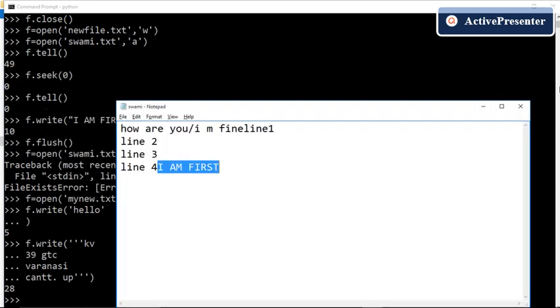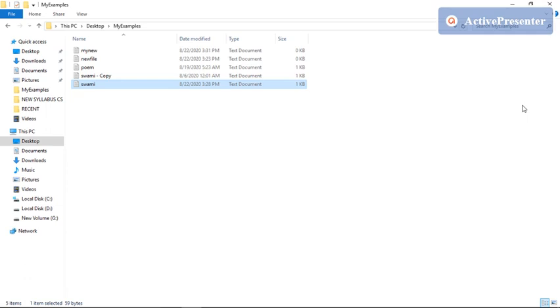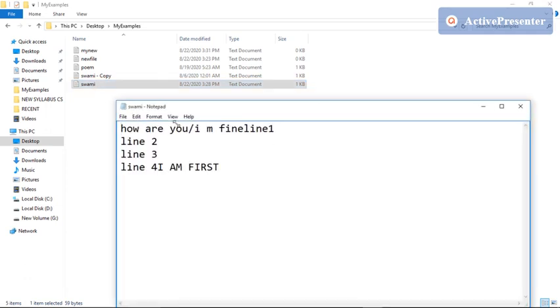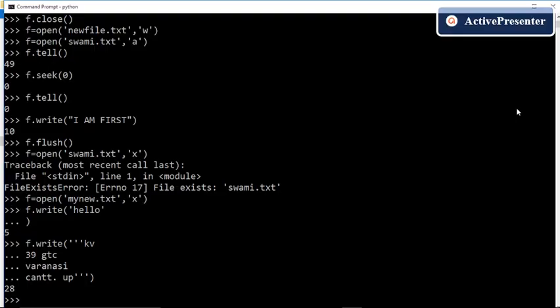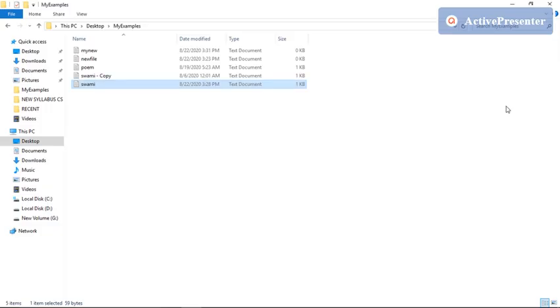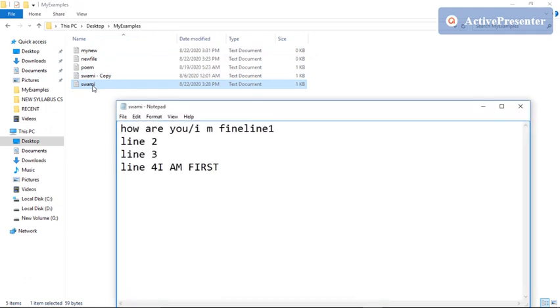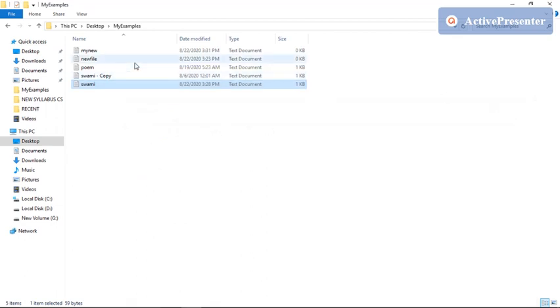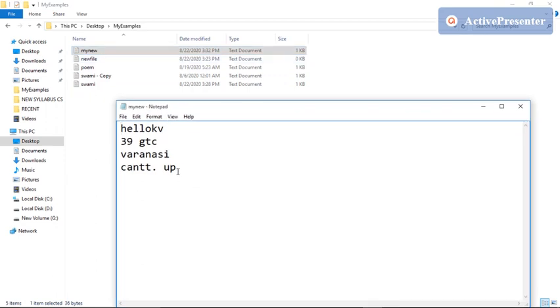I close the file and reopen the file, and we can see that the content is not reflected. Again the same reason, let us flush the content. After flushing the content, let us check. Okay, we can see that we have created the new file, my new file, and the content is reflected in it.